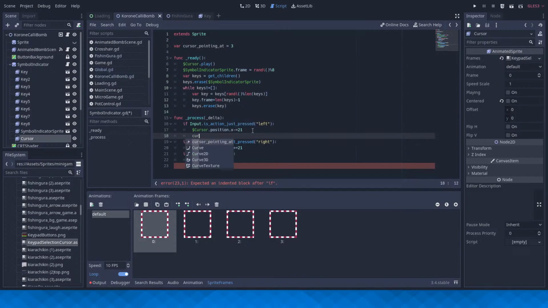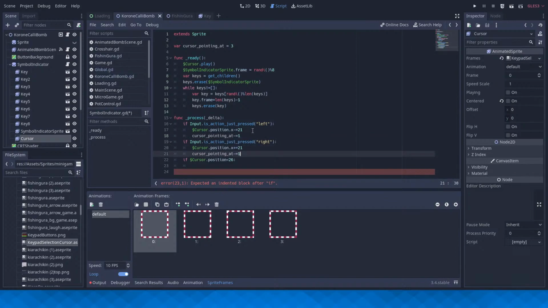Just cursor pointing at negative equals 1 and positive equals 1, and then actually, let's just say if it's more than 26, you can.